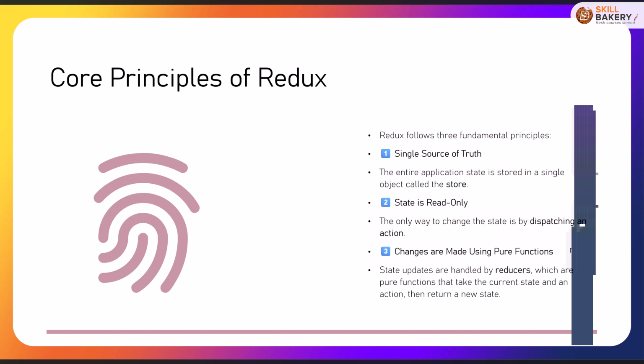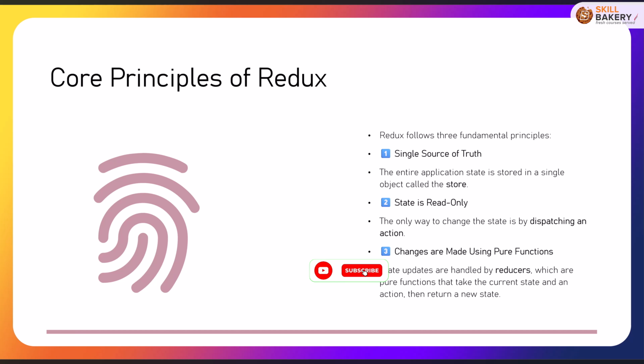There are three core principles of Redux. First one being single source of truth. The entire application state is stored in a single object called the store. State is read-only. The only way to change the state is by dispatching an action. Changes are made using pure functions. State updates are handled by reducers, which are pure functions that take the current state and an action, then return